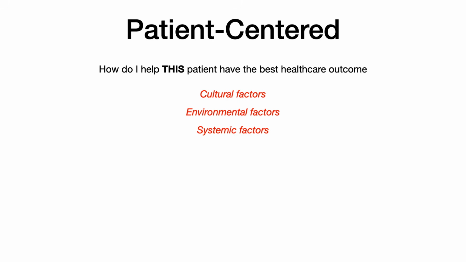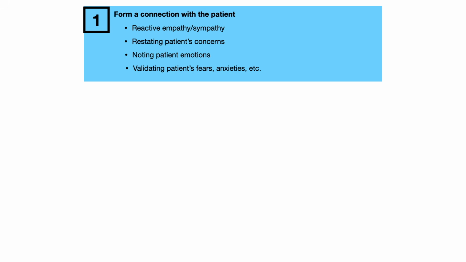Well, there's a three-step process for how you go through communicating with patients on exams. Step number one is you want to form a connection with the patient. And the way that you would do this via communication is the following. You might use reactive empathy and reactive sympathy. You're going to restate the patient's concerns. You're going to note their emotions and validate all of their fears, anxieties, etc. So step number one, you should be thinking which of these answers forms the best connection with the patient to really establish my care being patient-centered. And the way that you do that is by restating everything that they're telling you